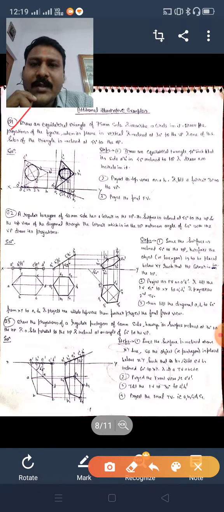You all know how to draw an incircle. First you have to draw the angle bisectors, then get the center of the triangle, and from that center take the radius up to one side of the triangle, one edge of the triangle, and inscribe a circle in it. Okay, I will explain you.